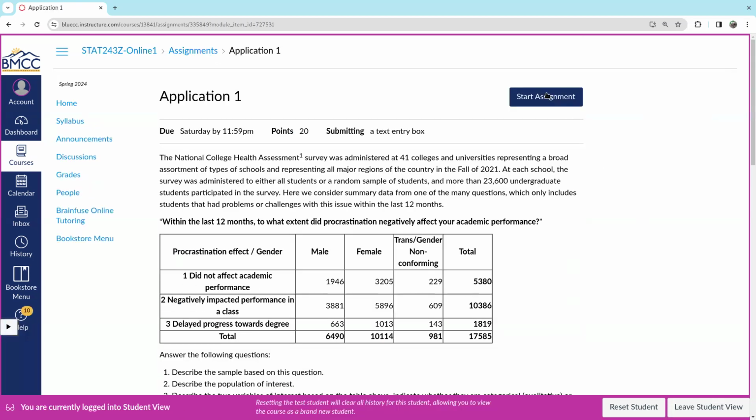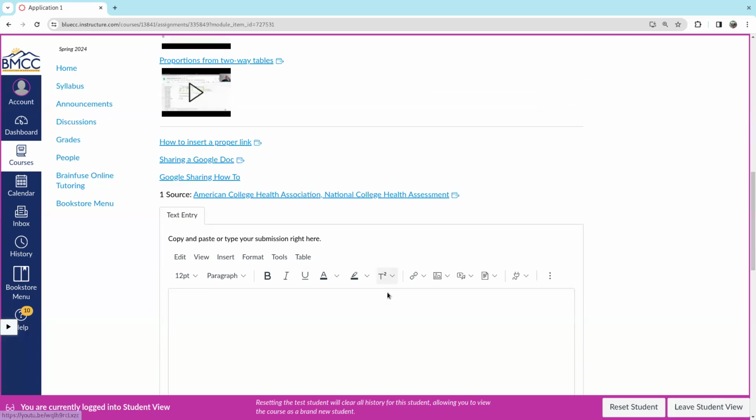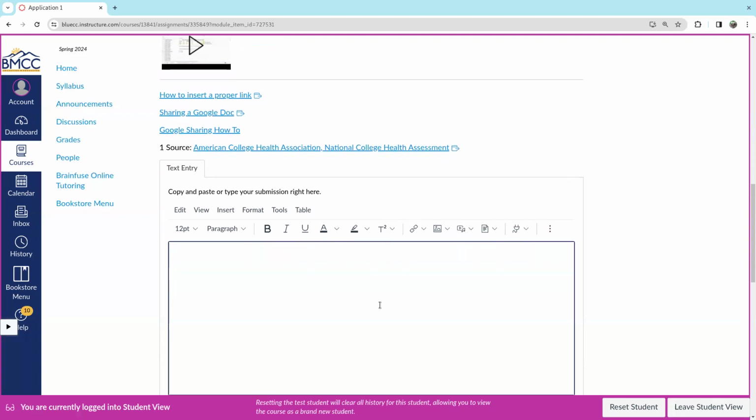That submission could be typed up in the submission box. So for example, when you hit start assignment here, a little box appears underneath, and this is a mini word processor. You can type up all kinds of things. You can't do spreadsheet stuff here. So maybe you used a Google Sheet to do the spreadsheet part of this assignment. Maybe you just used a handheld calculator, in which case you would have written notes to submit to me. If you're submitting, say, a Google Sheet, that would be a link. And so you can insert an external link to a Google Sheet there. And I'll show more about that later. There's also some videos about how to make that happen.